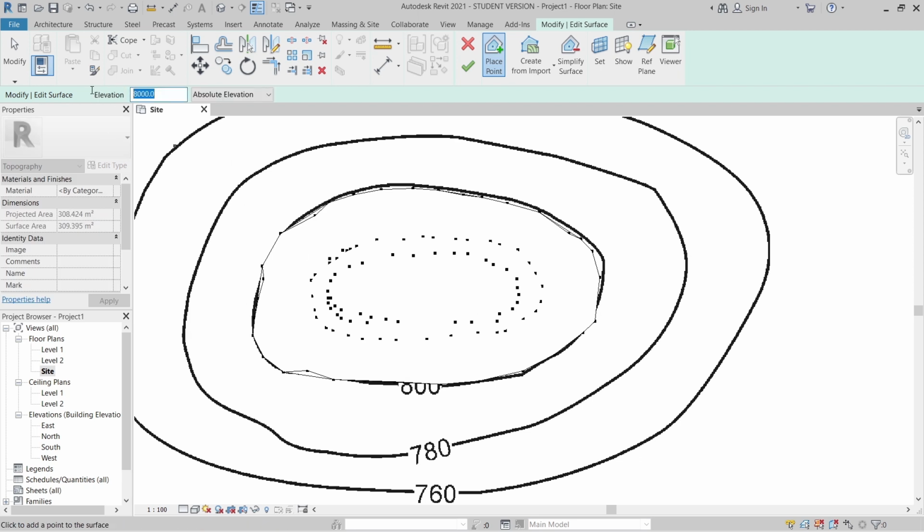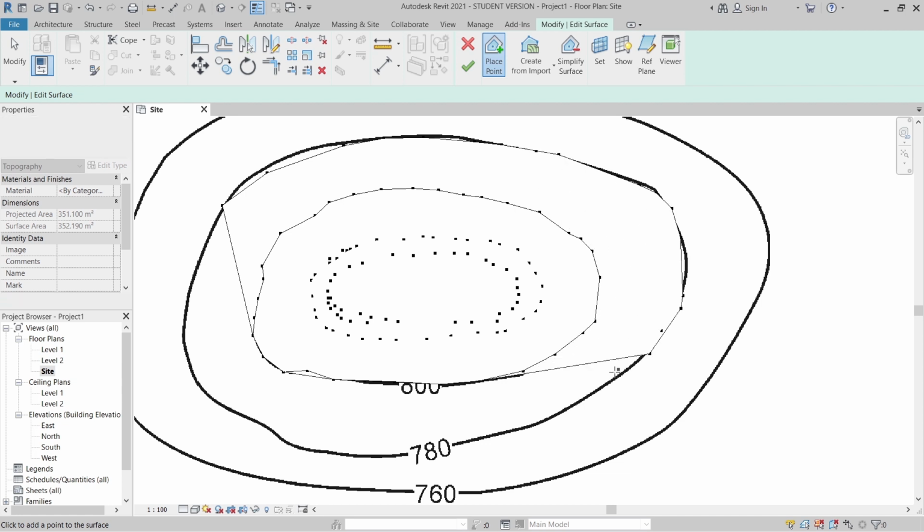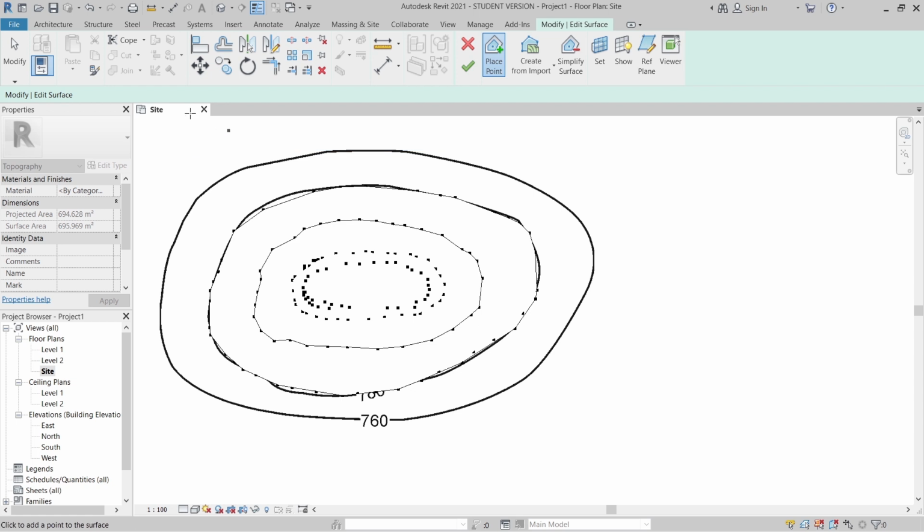Now the next thing, I'm going to make it 7800, sorry. Then we will continue pressing that. I just drag along and place here as fast as I can. Actually, on a point here you can also adjust it if you want to. So the last one there, I will make it 7.6 meters.